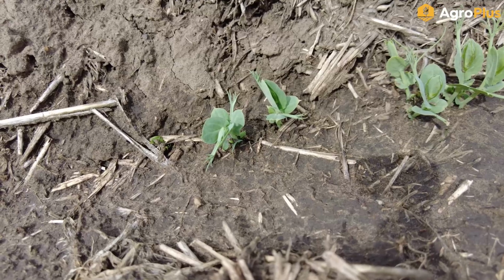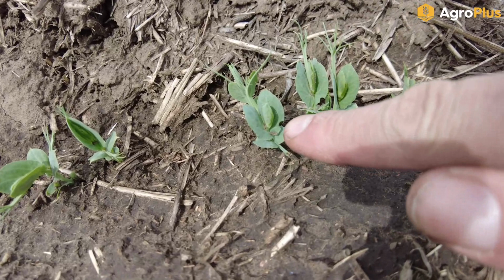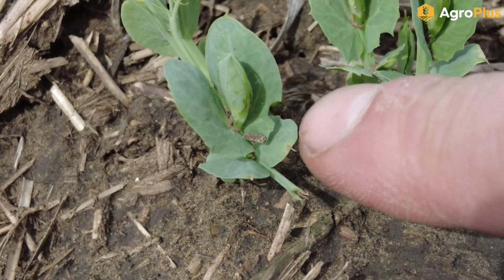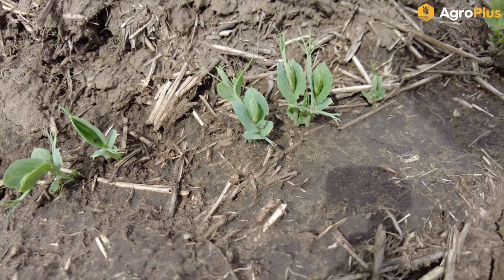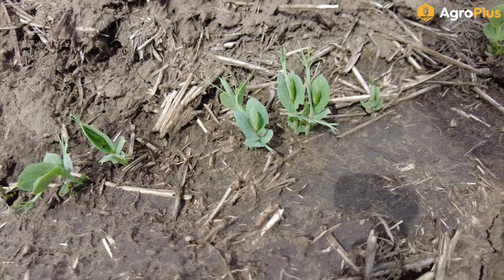Now, this is along the edge of the field, so it is not uncommon to see a bite or two. See, here's another one right there. However, as those weevils move in from the edge of the field, they pick up that seed treatment and they pretty quickly get controlled. So out in the center of the field, you're very unlikely to see any sort of damage at all. If you have not treated for pea leaf weevil, you are in a little bit more danger,